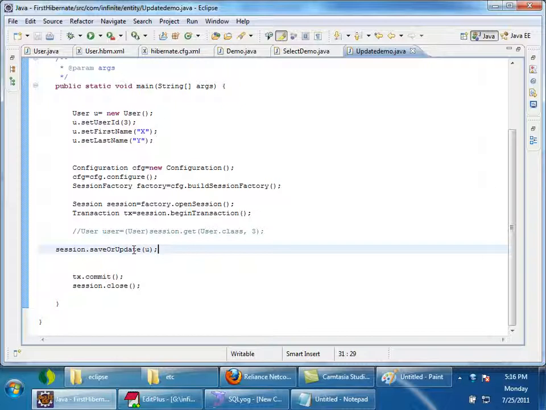If there is no user with ID 3 in the database, it will fire an insert statement. If there is a user with the same ID in the database, it will fire an update statement. So Hibernate will decide whether to fire an insert query or an update query. So normally we always use session.saveOrUpdate. Any doubts?